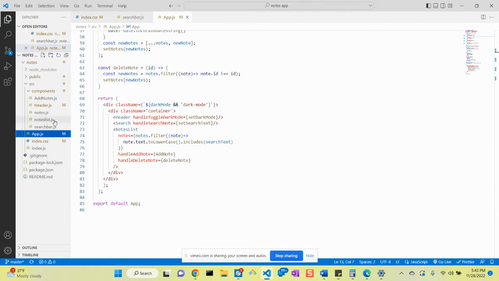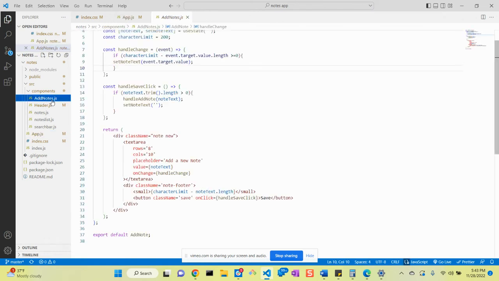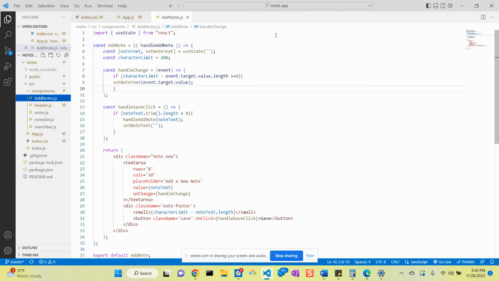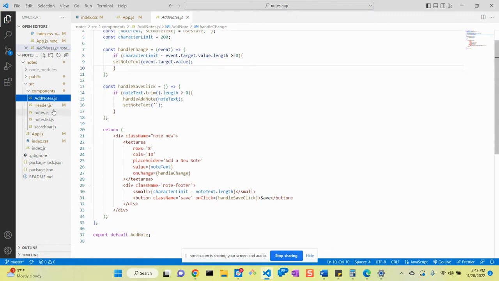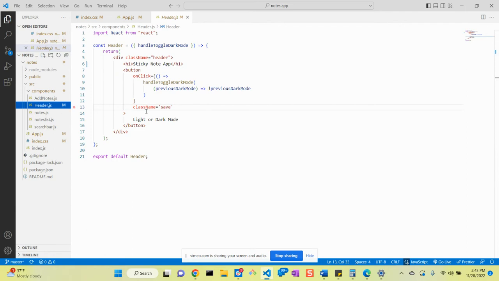Then I will go up into my different components, starting with the add note component here. We have the different functionality written in here to handle the different functions of an add note, such as handling a change and a quick save. And then the next component here is the header itself, as well as the dark mode feature,